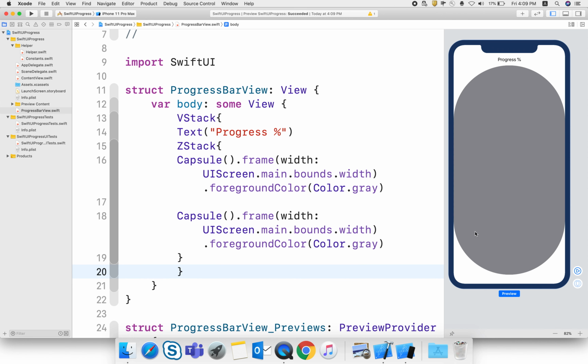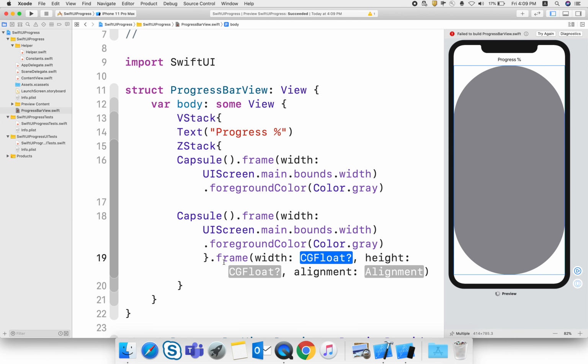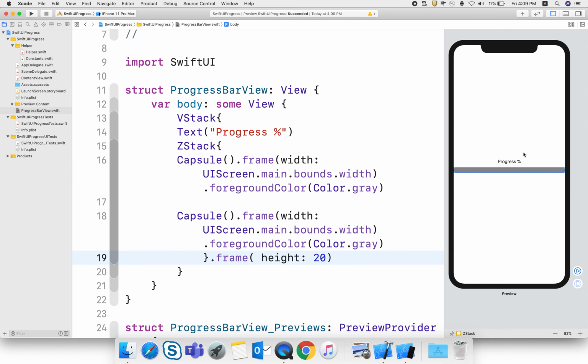The capsule is actually holding the whole screen, so what I need to give is just a height, set the height of that ZStack. Now it looks quite good, but there is no spacing. So here I'm subtracting 20 from the width for spacing, and there is a gray color there.